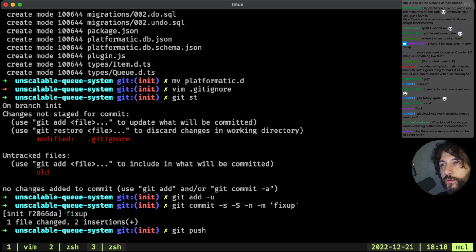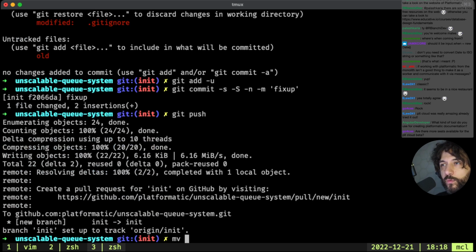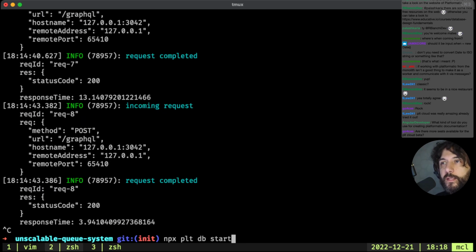Okay, git push, move the old db.sqlite back, and this I can restart.